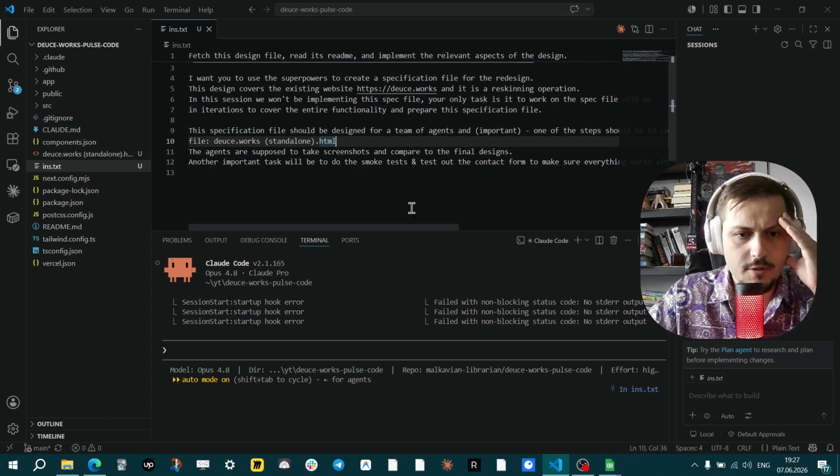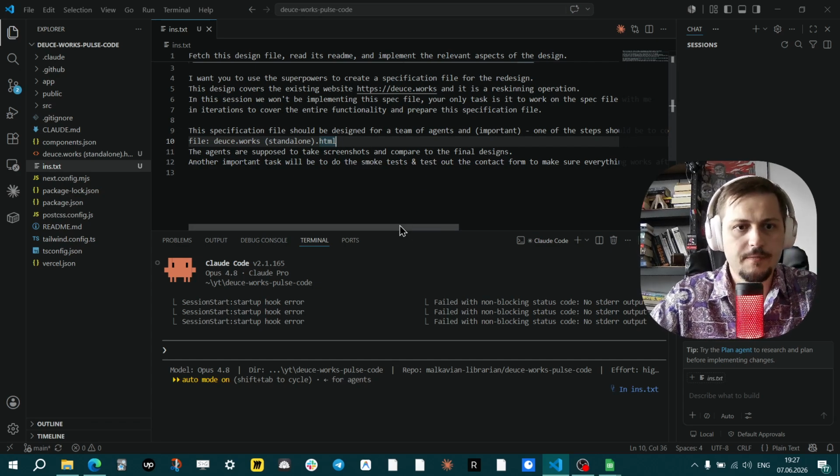Okay, so the instruction is kind of short there. I want you to use the superpowers to create a specification file for the redesign. This design covers the existing website, and it is a reskinning operation. In this session, we won't be implementing the spec file. Your only task is to work on the spec file in iterations to cover the entire functionalities and prepare this